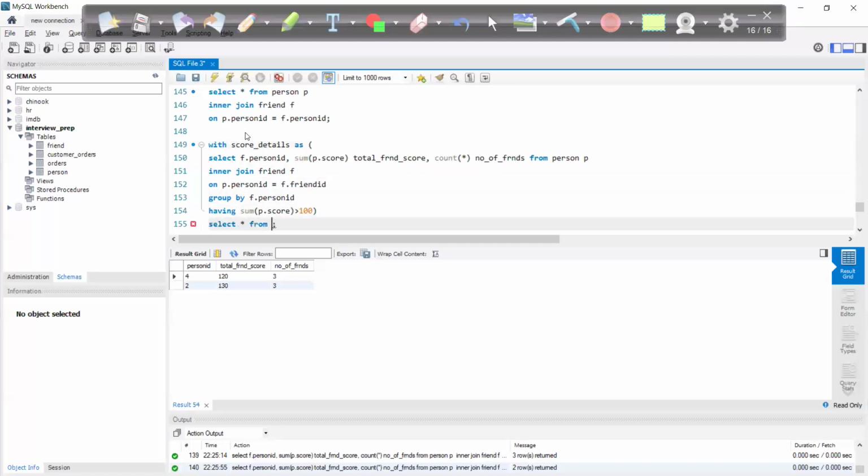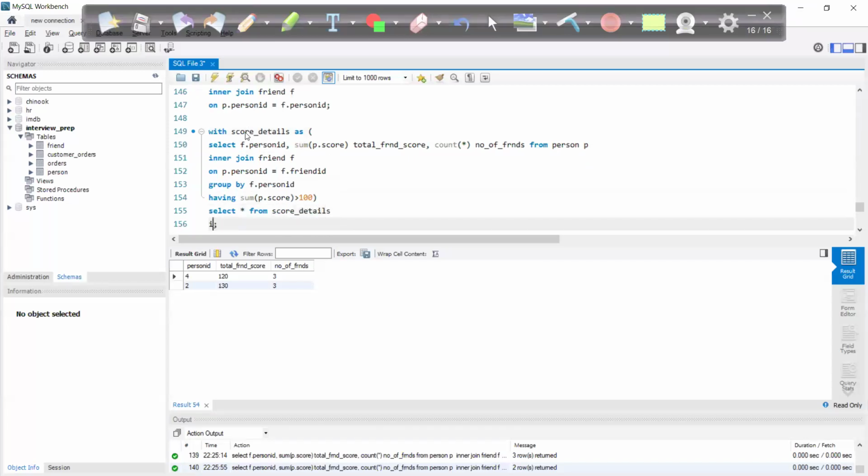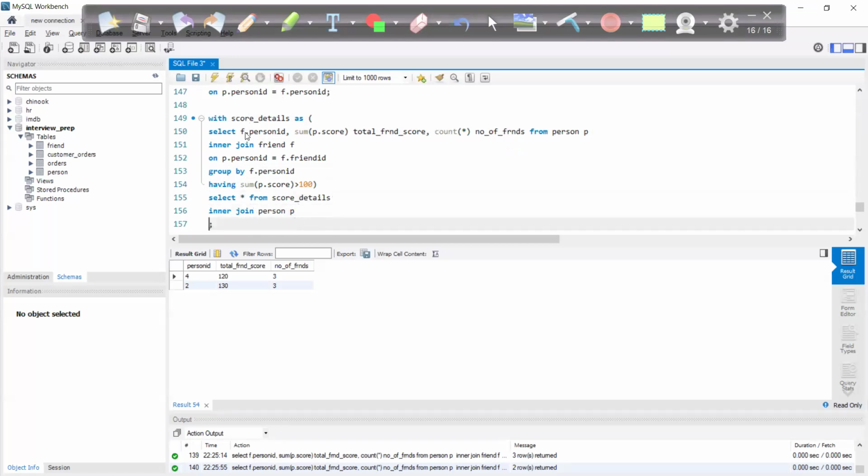select star from score details inner join person p, or let's give this as p1 on score detail को sd कर देता हूँ, on sd dot person id is equal to p1 dot person id।